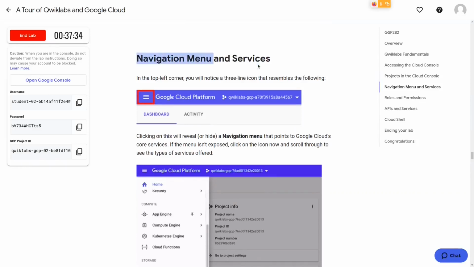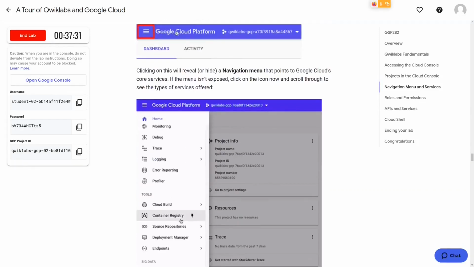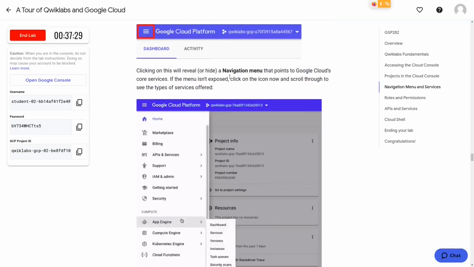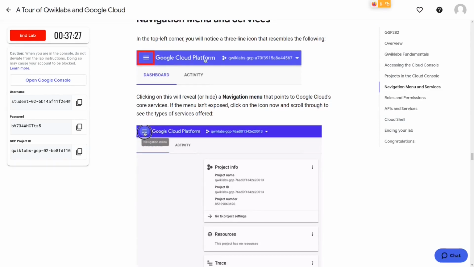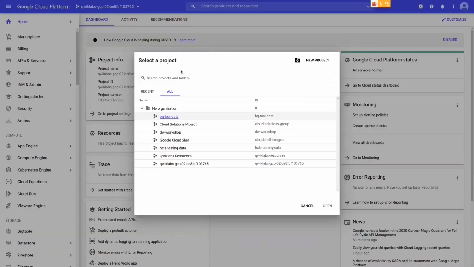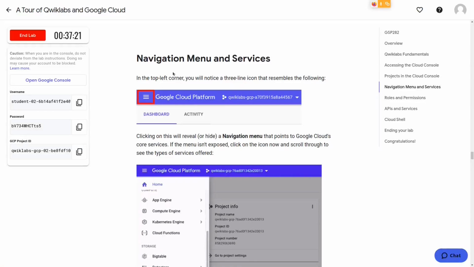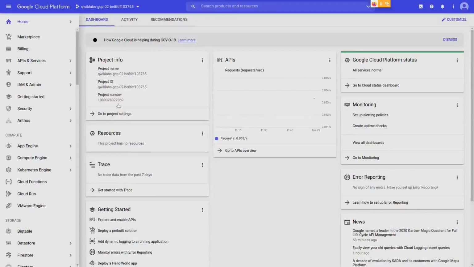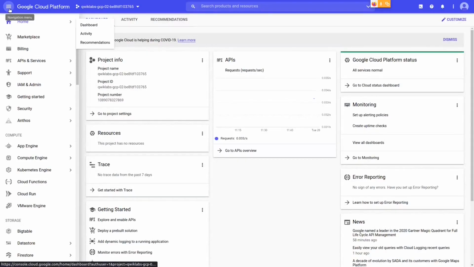So let's talk about the navigation menu and services of the GCP. From here on, I'll be calling it GCP. So navigation menu. Okay, the navigation menu is right here. They call it the burger menu as well. These three lines.